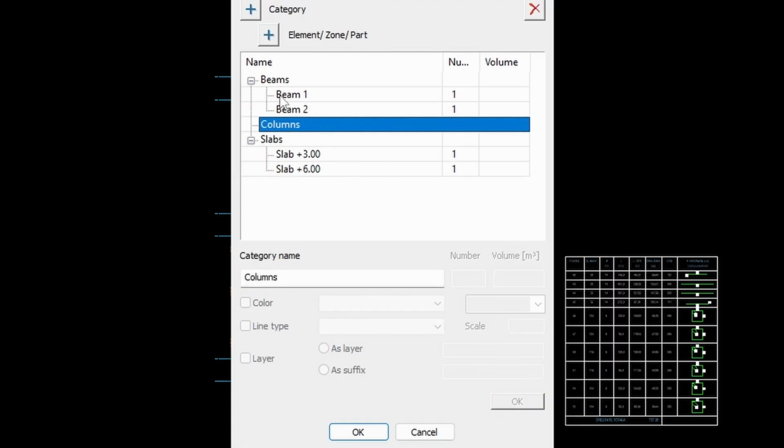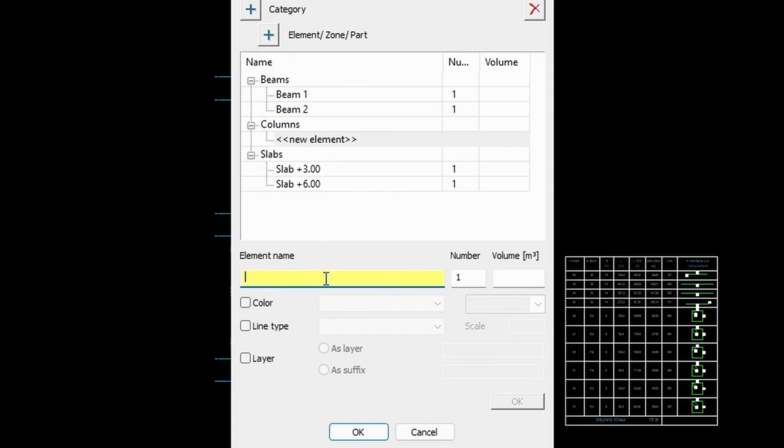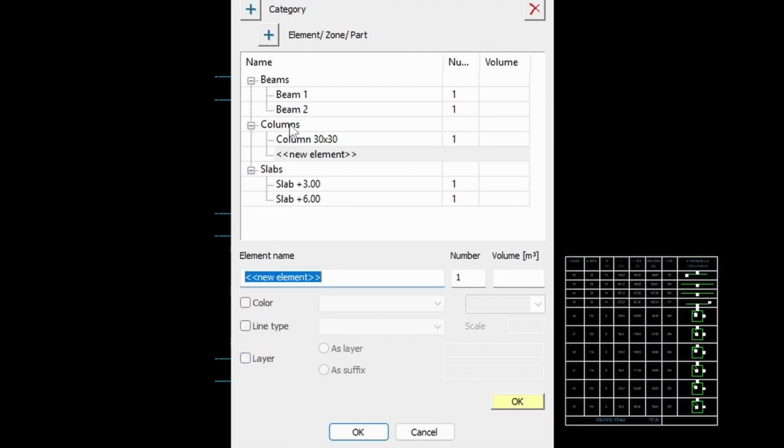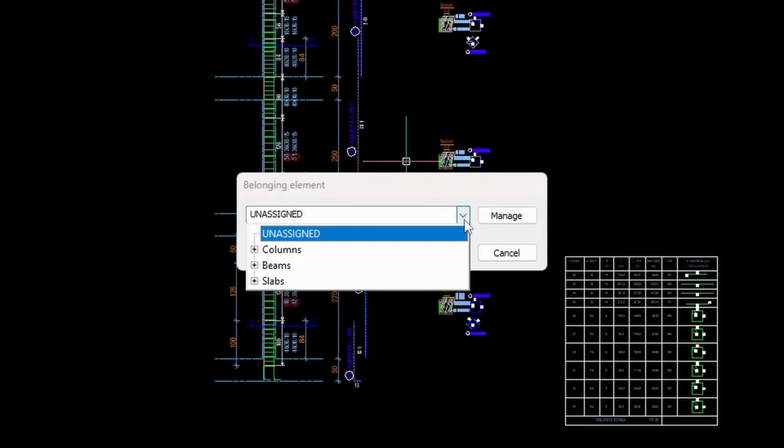And inside the columns, I'm gonna create a new element, which is column 30 by 30, and another one named column 50 by 30. Okay, again. And now I'm gonna assign my already selected elements to its respective group, which is